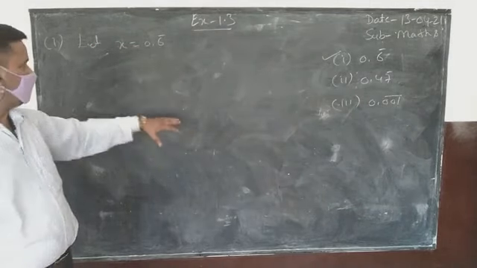Replace x with its actual value. The actual value of x is 0.6 bar. So you replace it, and what comes is 2/3. This is your answer. This is the rational form of 0.6 bar, the P upon Q form, which is 2/3. Both things are equal. You can write 0.6 bar equal to 2/3. So this is the rational form of 0.6 bar.